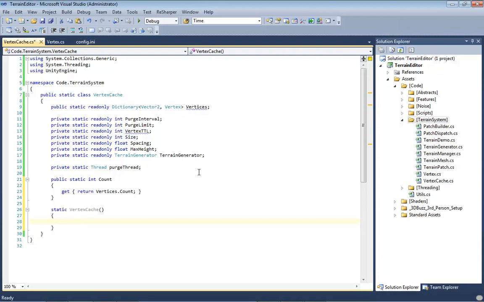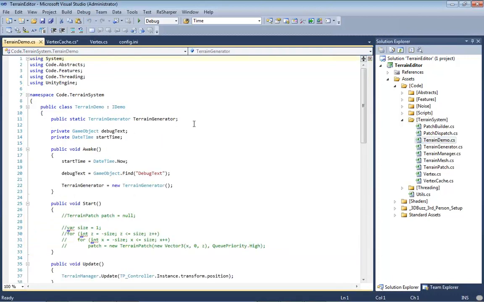All right, so what do I want to do? Let's start off with initializing our dictionary. So that will handle initializing that. Next thing I want to do is go ahead and get our train generator fired off. So that will take care of the train generator here, which means we're not going to need the one that's inside of our train demo anymore. So we're going to get rid of this guy,